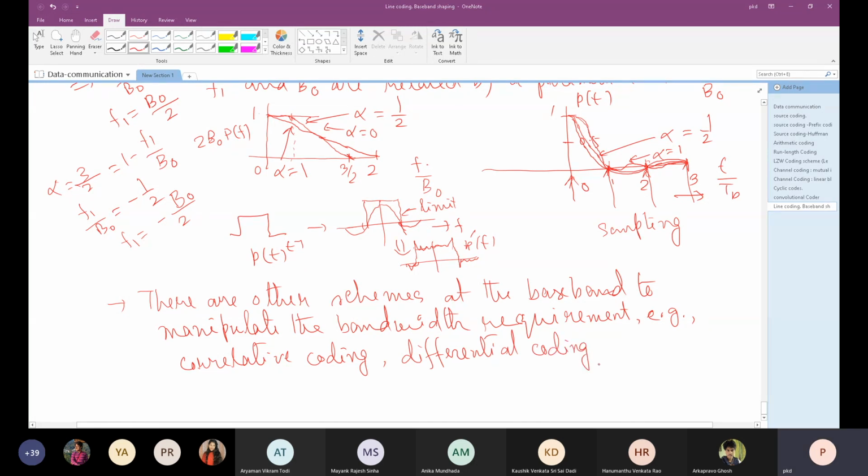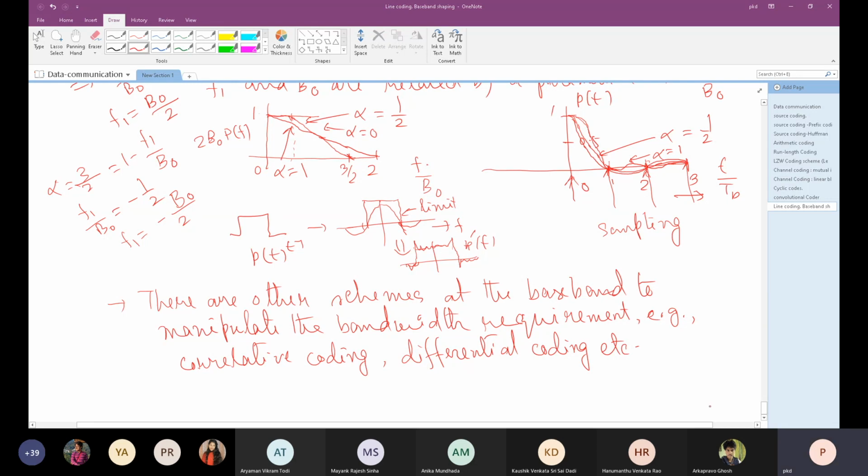Differential coding, etc. So many other schemes have been devised over time to make the bandwidth requirement limited. So like correlative coding,